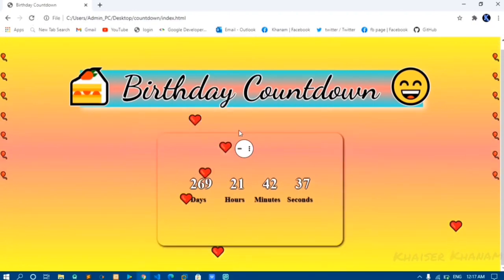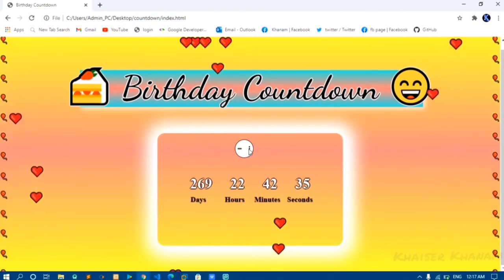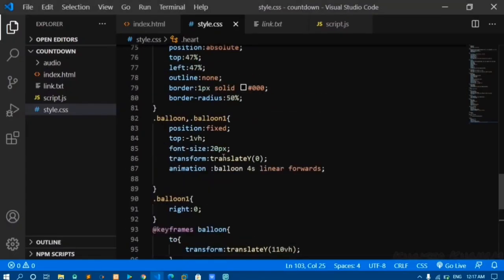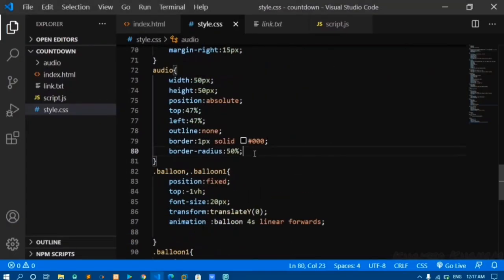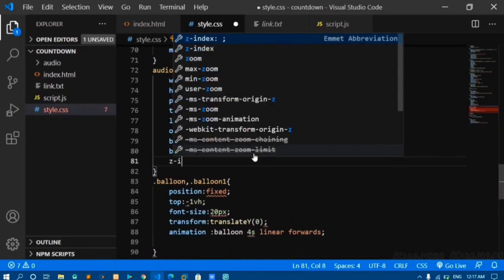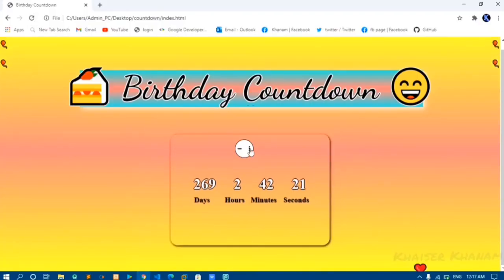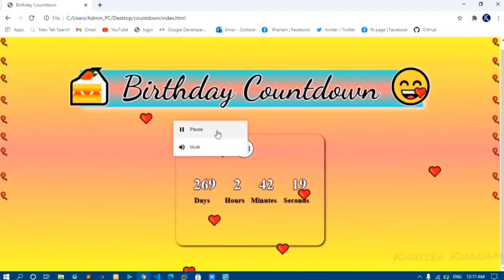yeah, see this one, it's working, and our button is not working, so we will come to audio, and here we will give Z index 1. Now if you play,